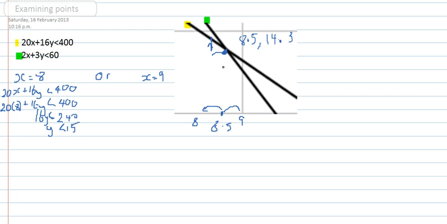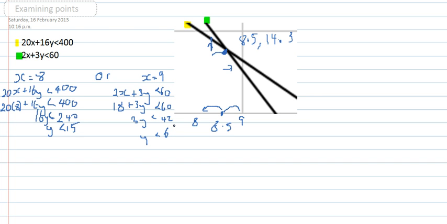Right, so the second one is if x equals 9. Now, if x equals 9, it's this side, and now it's on the green line. So I'm working with 2x plus 3y is less than 60. So I've got x is 9, so I've got 18 plus 3y is less than 60. So 3y is less than 42. So y is less than